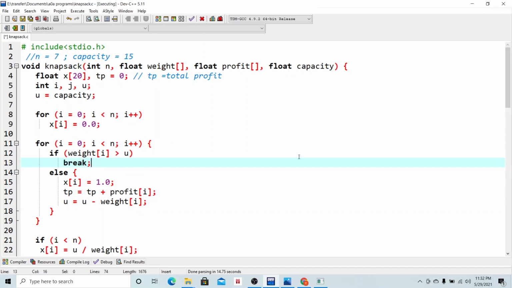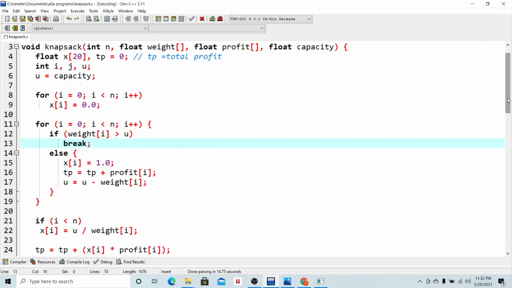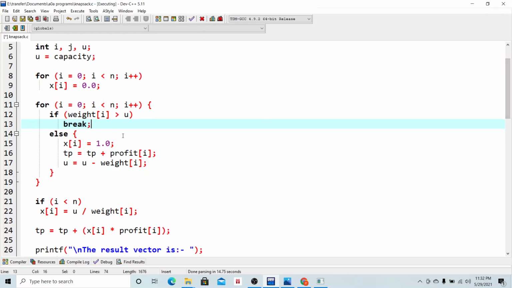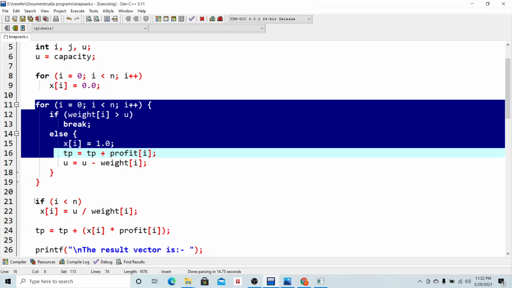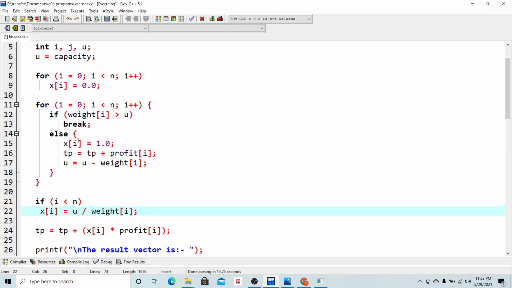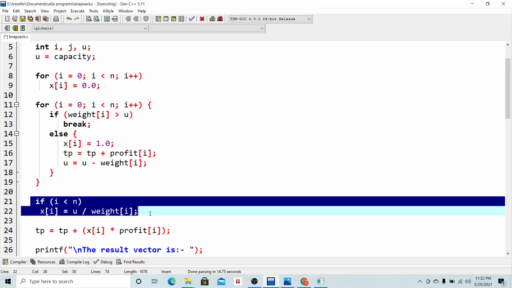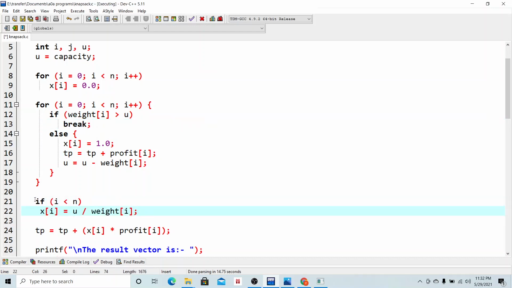If the knapsack is completely filled, then we cannot insert any other object in the knapsack, so we'll be writing break here. So break will take the control outside the for loop, right? So it will go directly here. If the break statement is executed, we'll directly jump into this line of code.